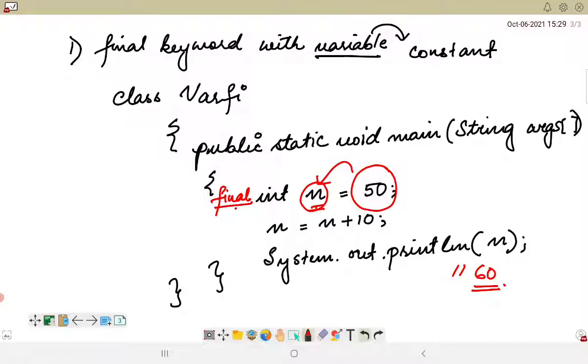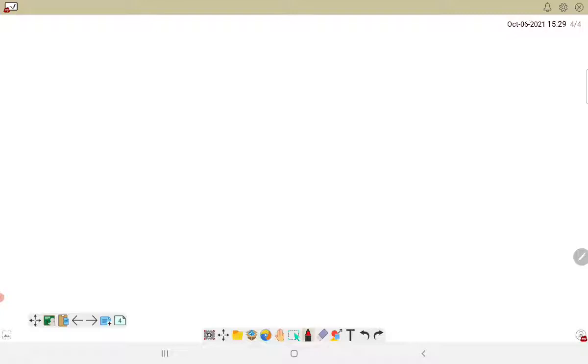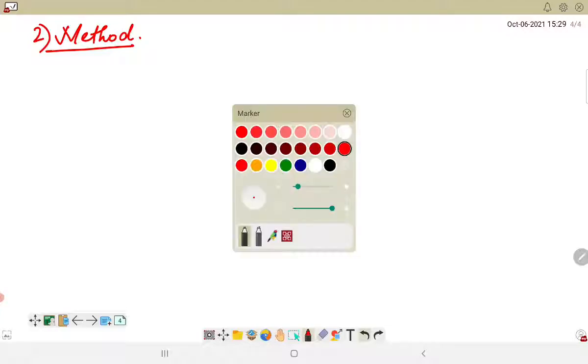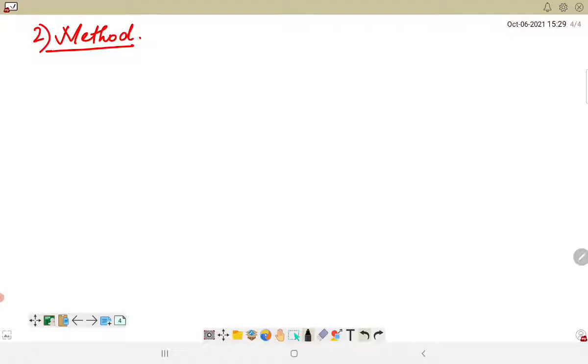The next is how do we use the final keyword with a method. With a method, we will be checking how it is implemented. If you have gone through my previous video, you could already see that we have done some examples using method overriding.